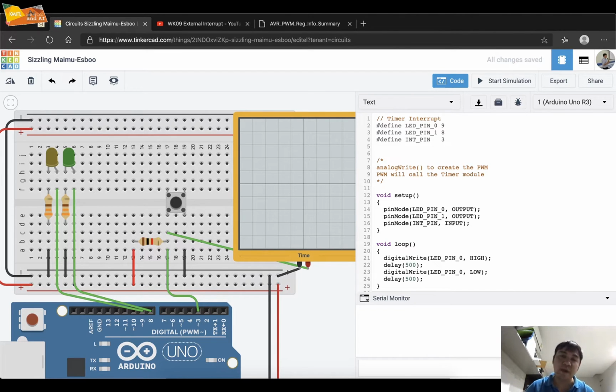Because every signal will have a clock, we have the time base. For this one you can change the frequency, and when you change the frequency, it means you can change the clock. The timer interrupt is also the same. We can create an internal clock, an internal timer inside the Arduino, to trigger